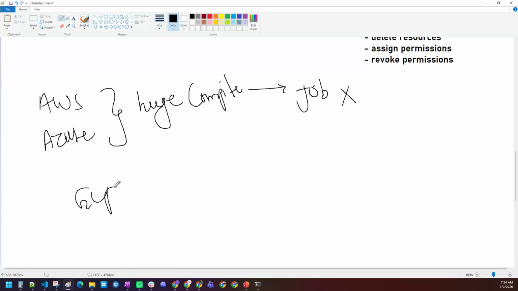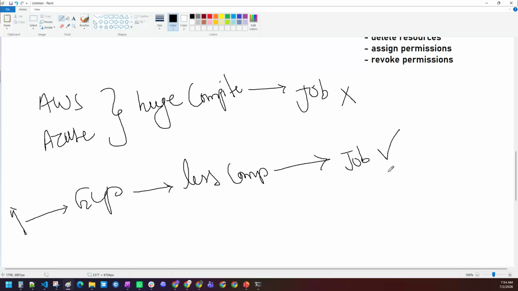But GCP has less competition, and compared to AWS and Azure, the market for GCP is also increasing day by day. So opportunities are greater compared to Azure and AWS. With less competition, getting a job becomes easy. So I always suggest this. For the last 3 years I have been teaching, and more than 1200 people have already got jobs. More than 3000 students I have taught in institutions, corporate trainings, and so on.